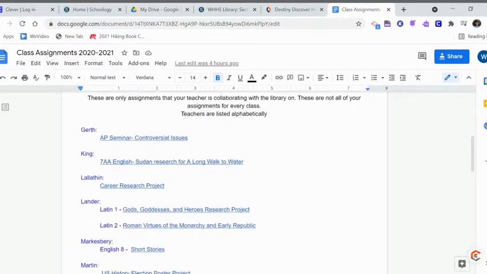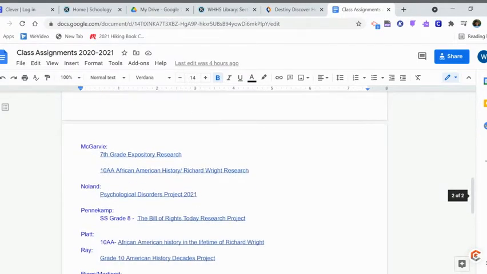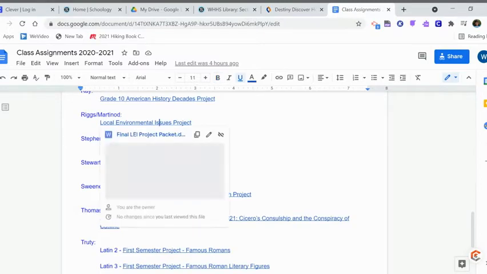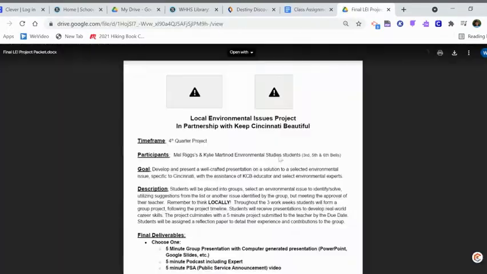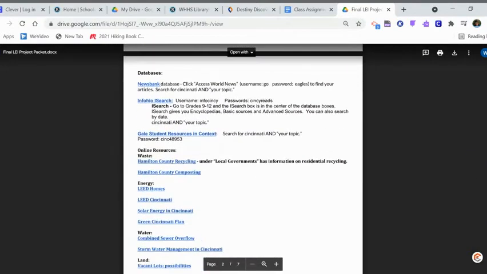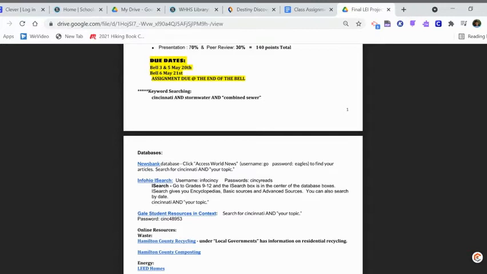And then all the research assignments here, and you just go down and you find your teachers, Riggs, Martinod, Local Environmental Issues Project. We'll click on there, and it shows you the project. And then down here is where I've got the sources you can use to find information, the databases, and some websites. First of all, I'm going to give you a tiny lesson on keyword searching,